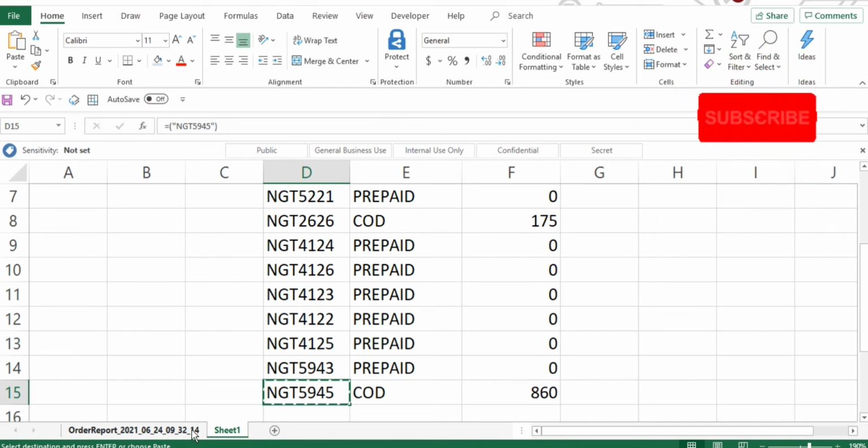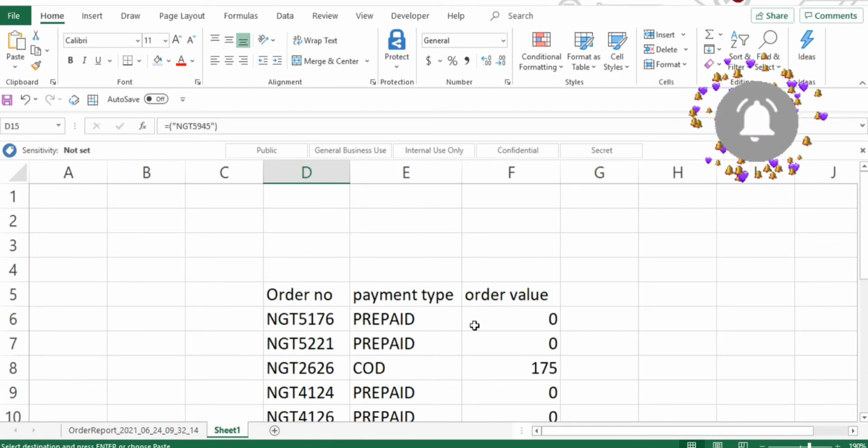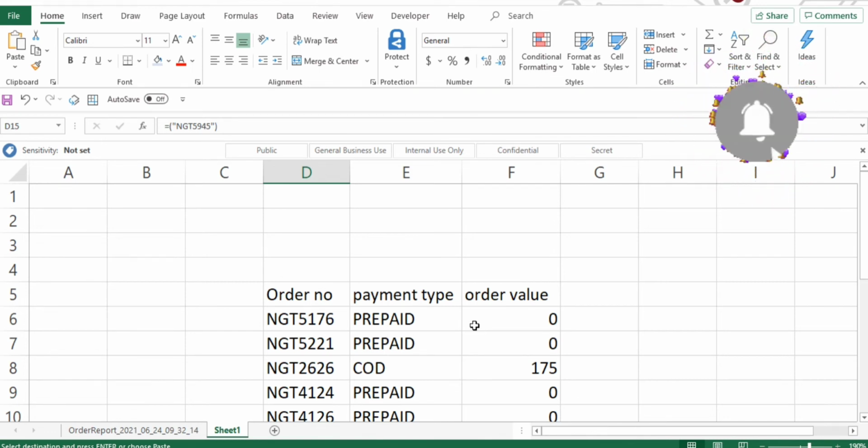We need only a few pieces of information, so in those kinds of cases you can use the VLOOKUP formula. This is the way you can do it with VLOOKUP. I think you can understand the basics of VLOOKUP from this. This is the way we can use the VLOOKUP function.